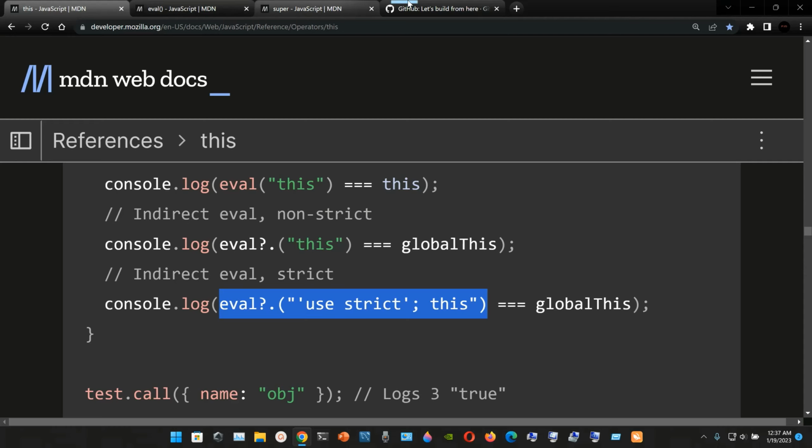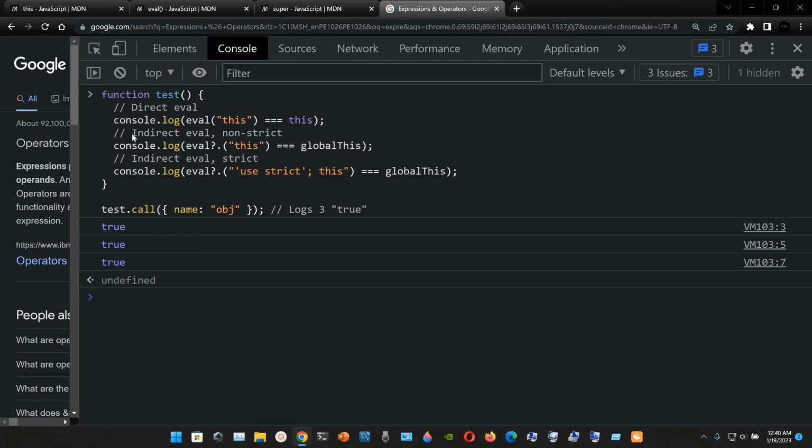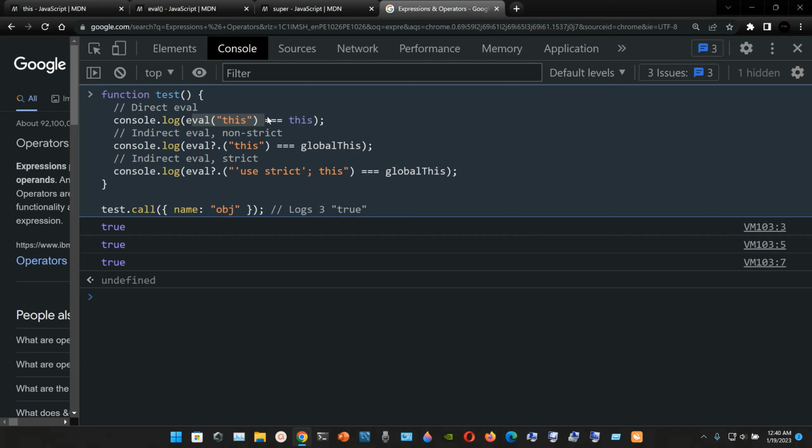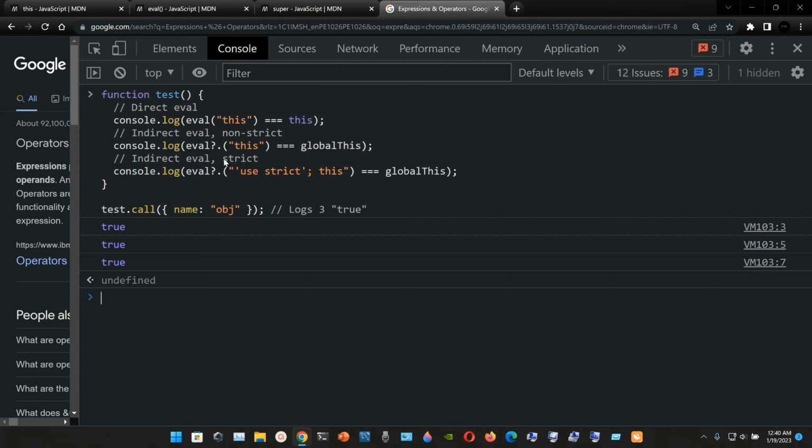So the first boolean true comes from the first console.log. When we console.log the eval function, and inside of the parentheses we pass in this string, this statement is equal to the keyword this. And the second console.log, when we want to see if eval, question mark, that, and inside of the parentheses we pass the string this is equal to the globalThis, the result is going to be the boolean